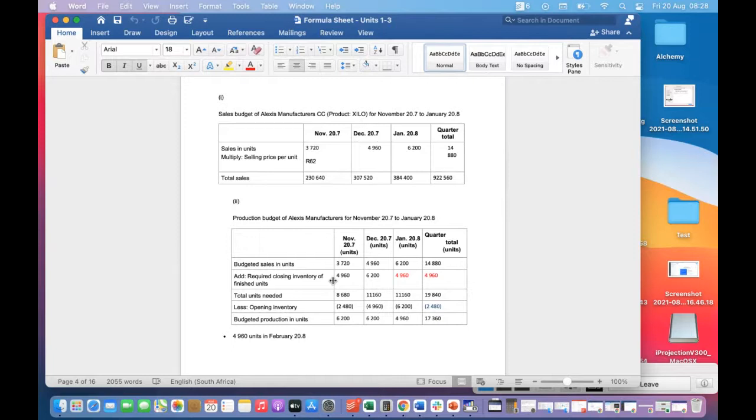Then we also have a sales budget, and your sales budget is literally how many units do we plan to sell, and at what price are we selling each unit? Then you multiply the two, and you have your total sales. So can you see how I'm trying to make your life easy, in that now you have the actual structure for the sales budget? Then you move on. Now we have the production budget as well. This is your structure.